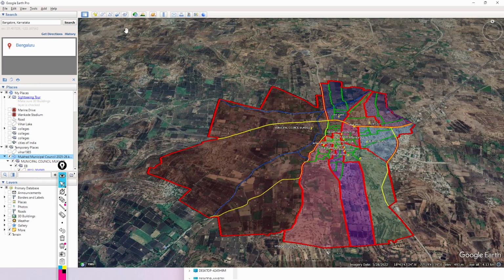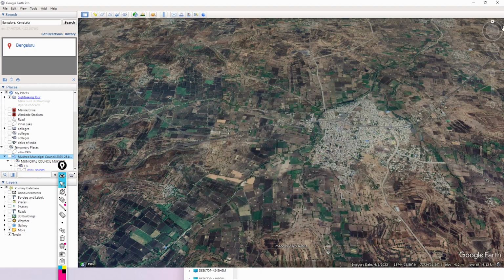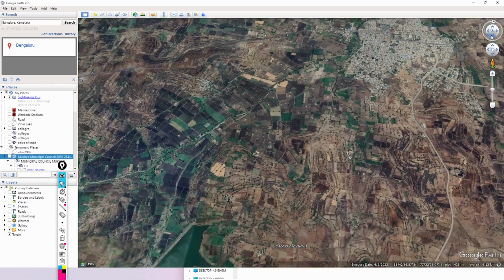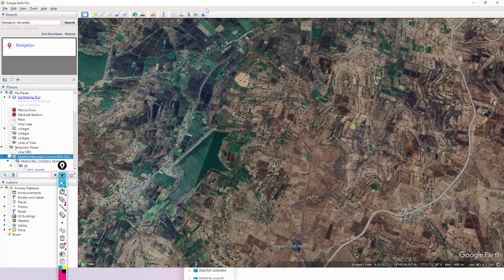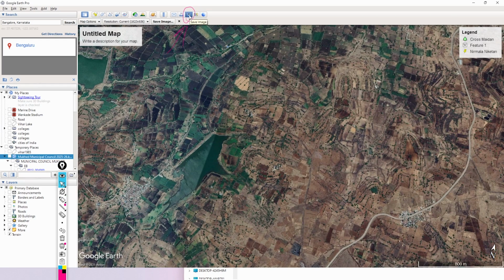Google Earth also gives an option to save your images. We can directly save it as an image. Let's say for our study area, if we want to take an image, there is an option, save image. Here we can see that, right? Okay, we will click on this, save image. As soon as we click save image, here you can see some map elements have been added. We can directly export this image as a map layer, or